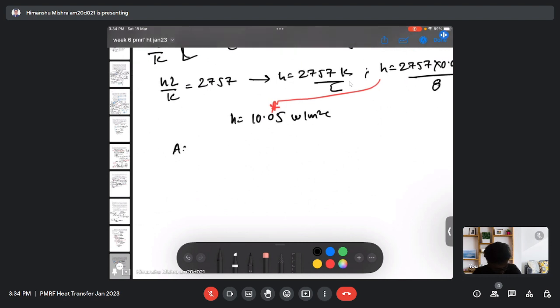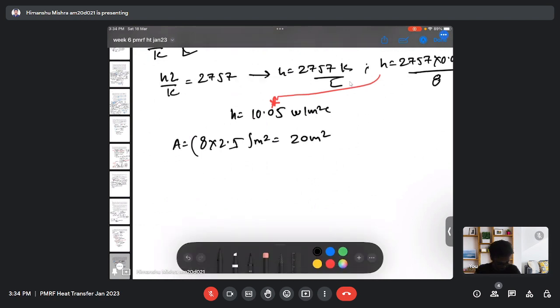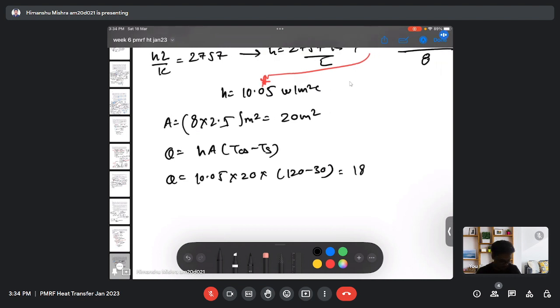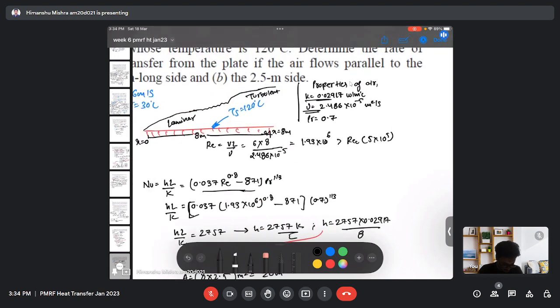And we have given the area, so my area is 20 meters square. So now I can find the heat transfer, and after all calculating, we will get the heat transfer about 18 kilowatt. So this is when there is a flow along the 8 meter